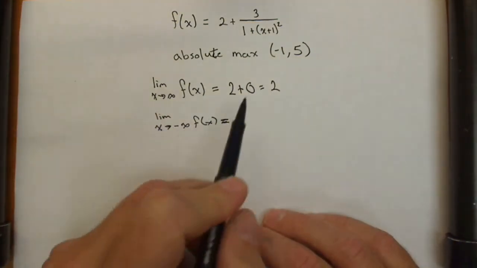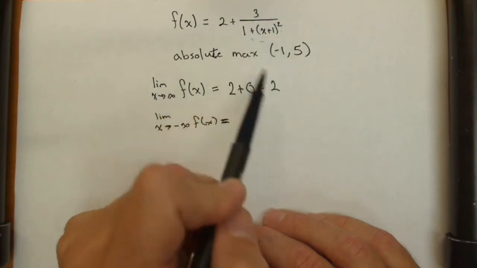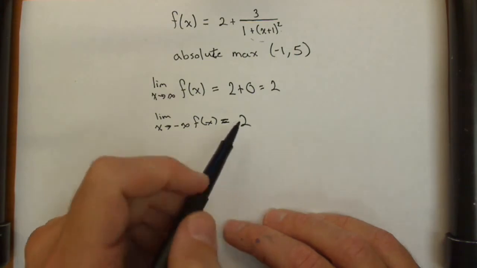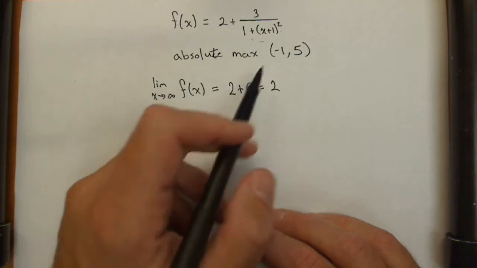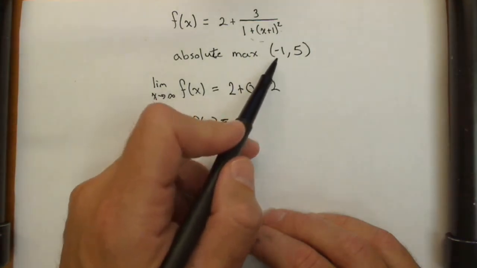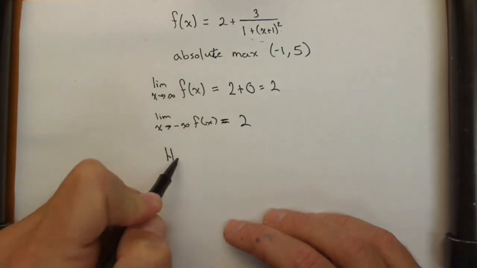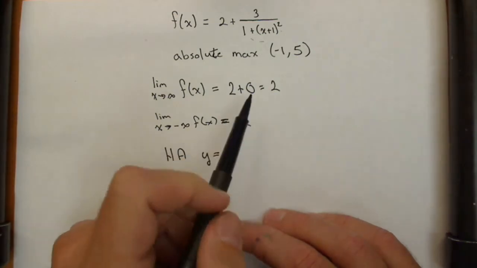As x goes to negative infinity, well, because of the square, this is still going to go to positive infinity, pull this whole piece to 0, and it's also going to be 2. So we have a function that is coming up from 2, increases to 5 at -1, and then decreases back to 2. So we have a horizontal asymptote at the line y equals 2, and we can see that because